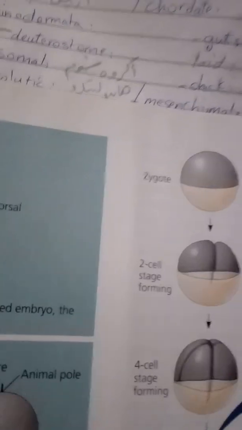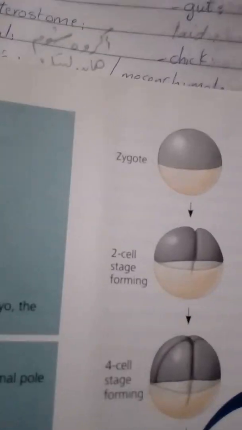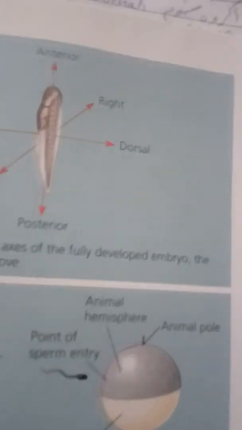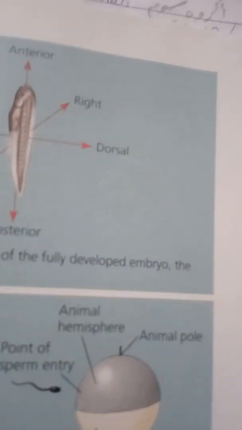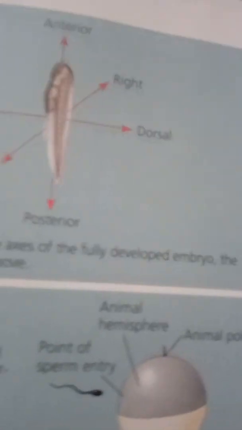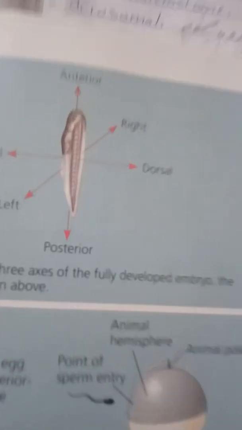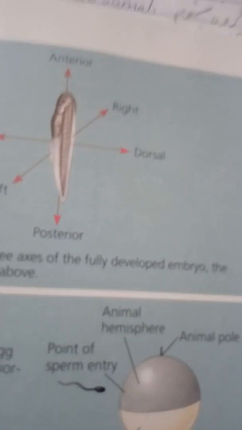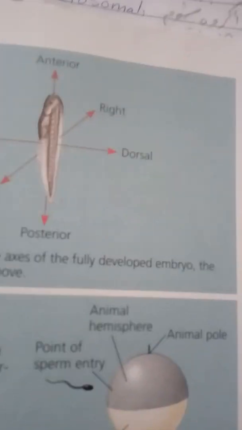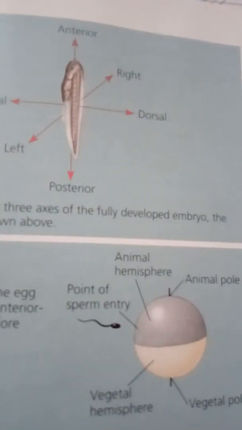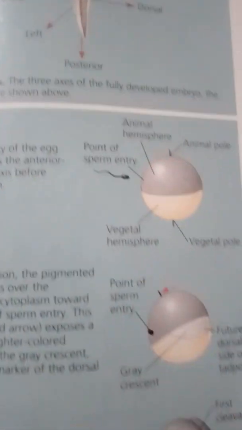This event also exposes a light gray region of cytoplasm, the gray crescent, that is covered by the pigmented animal cortex near the equator of the egg, located on the side opposite sperm entry. The gray crescent can be used as a marker for the future dorsal side of the embryo. The lighter pigment of the gray crescent can persist through many rounds of cell division. As shown in this figure, notice that